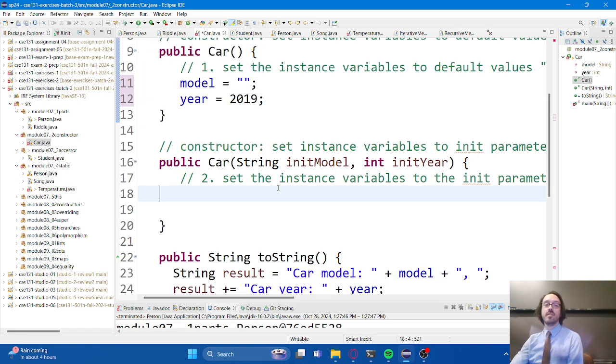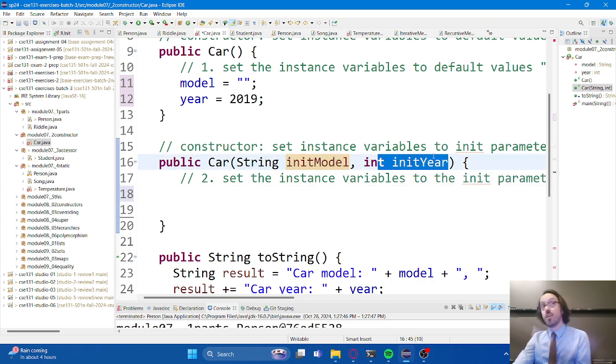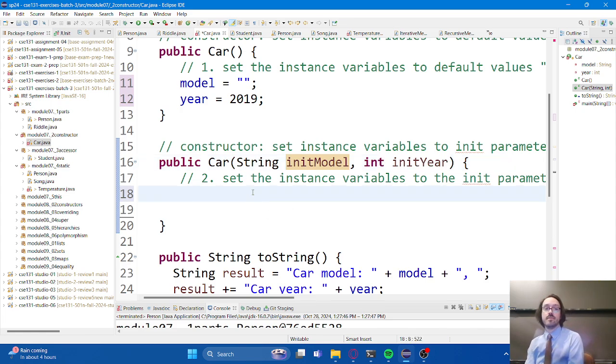If I want to make a 2024 Maserati, then I can plug in Maserati and 2024 as the parameters and make a car that represents that. Or, I drive a Toyota Highlander, I don't remember what year it is. I can make a car that represents that, or any car that I can possibly think of.